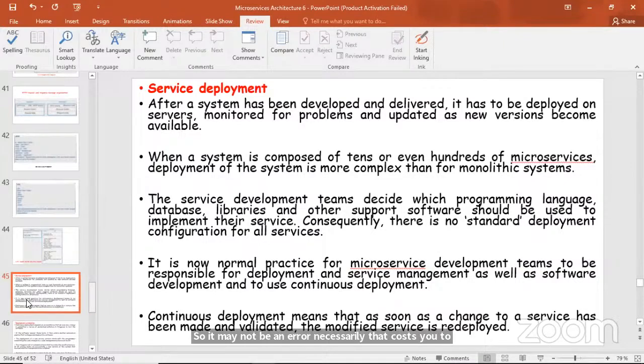So when a system is composed of tens or even hundreds of microservices, deployment of the system is more complex than for a monolithic system. Monolithic means big system or gigantic system. So the service deployment team decides which programming language, database, library, and other support software should be used to implement their service. Consequently, there is no standard deployment configuration for all services. It is now normal practice for the microservice deployment team to be responsible for deployment and service management, as well as software deployment,